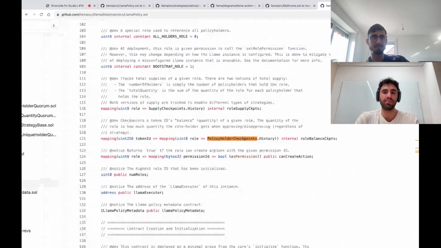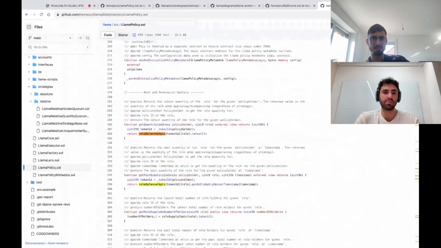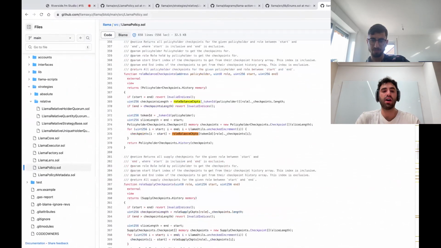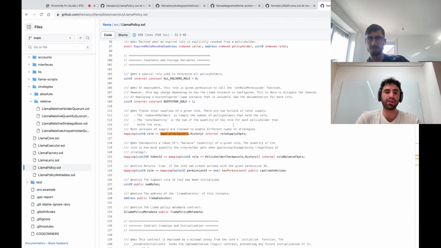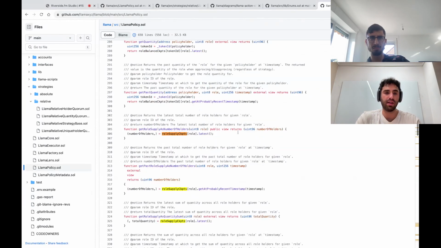You can then reference this mapping to do things like get the current quantity, but also a past quantity. We do that both for a role for the policyholder using the policyholder checkpoints, and for the role supply as well, so we can see the supply of the role.